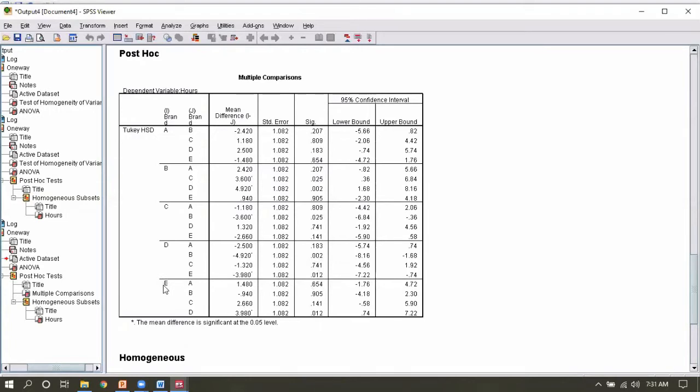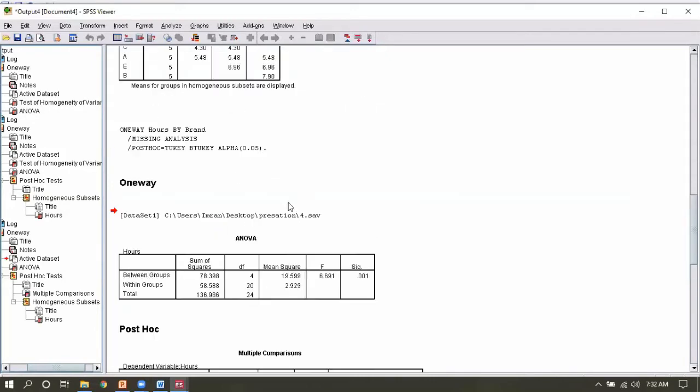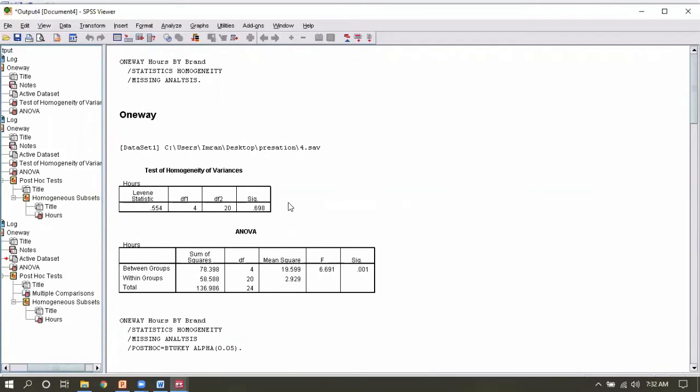E with any other, there is not much difference, with D and E. So you can check your result from this, just leaving the big values. Just conclude this value 0.025 means there is a significant value while comparing B with C, and B with D. So you can check these values.